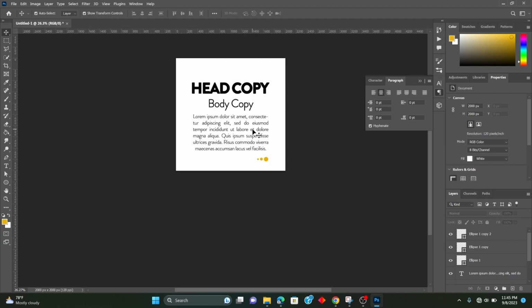This is the best secret that you can get. This is a way for you to be able to put typography on whatever creatives you're working on. Always understand the rule: your head copy is always bigger. Your body copy is always a little bit lesser than the head copy, and then your sub body copy is